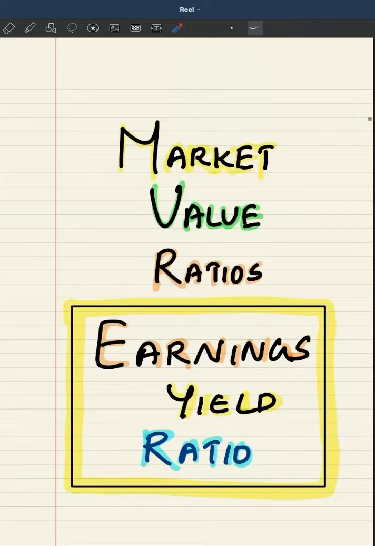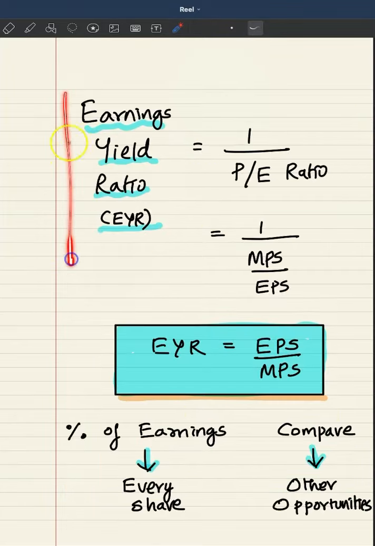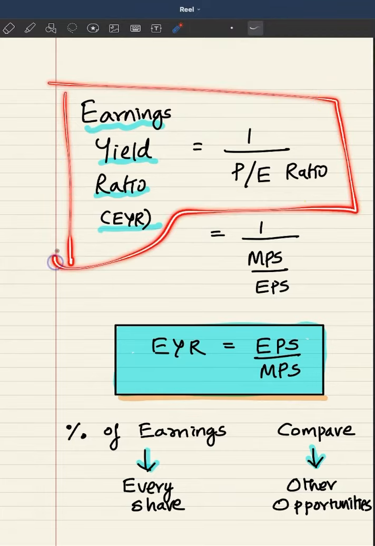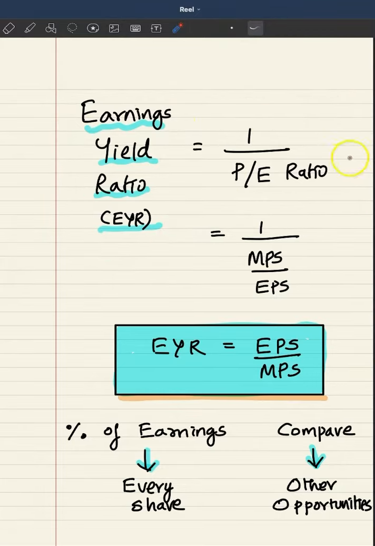In the previous video, we discussed PE ratio. Now let's talk about something closely related to that, that is earnings yield ratio. Earnings yield ratio is also called the inverse of PE ratio. It means PE ratio comes in the denominator, and already we know what PE ratio is, which is market price